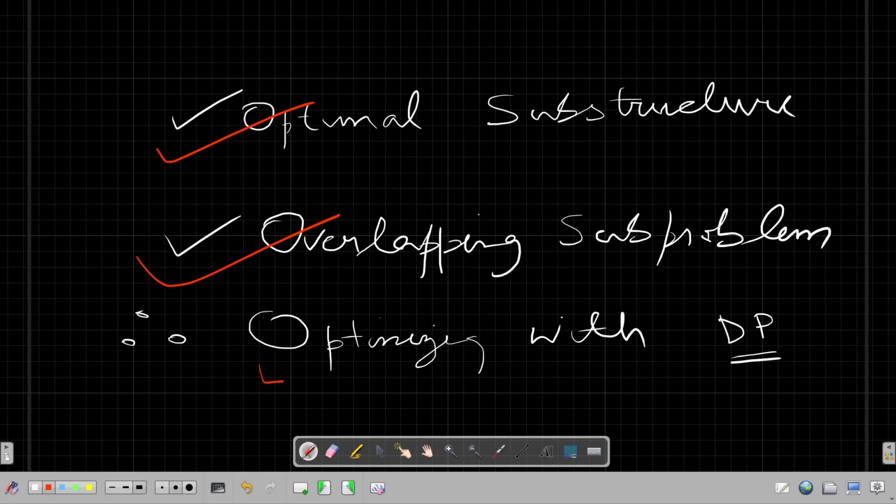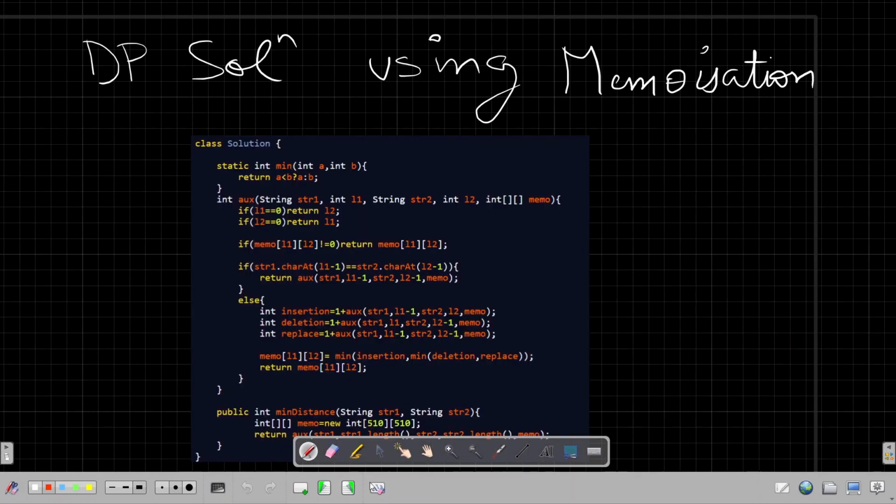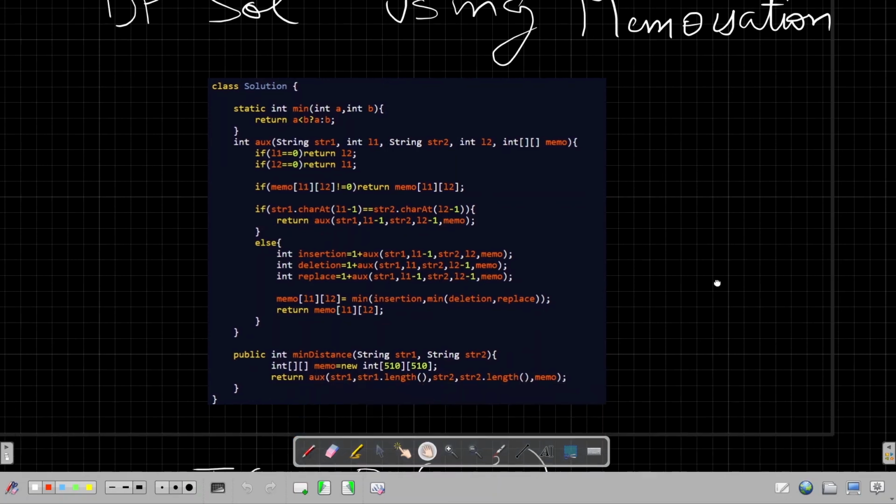So we'll try to optimize this problem with dynamic programming, and I'm going to write the top-down solution using memoization, because I too find the bottom-up solution a bit harder to write. The top-down solution using memoization is really straightforward. I'm just adding a lookup table to the already solved brute force approach.